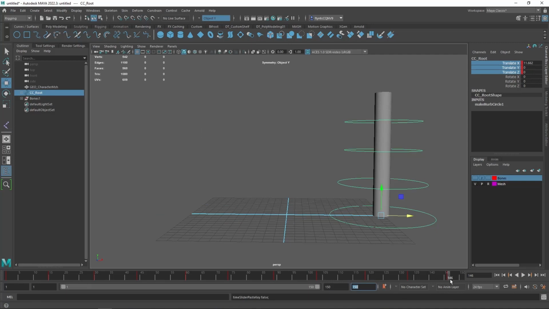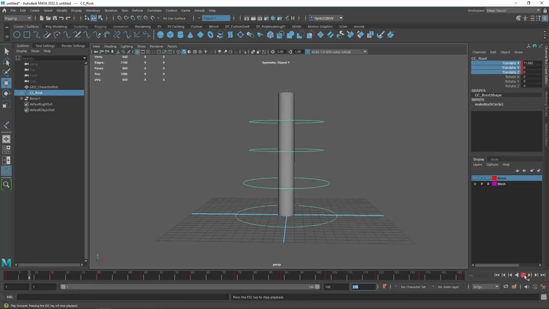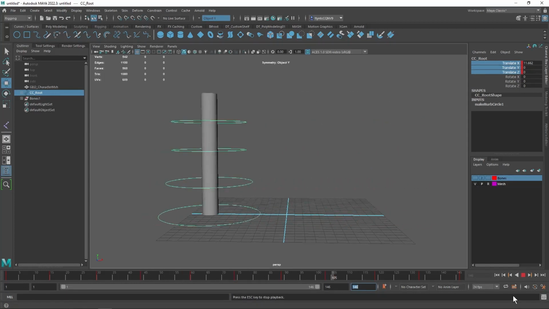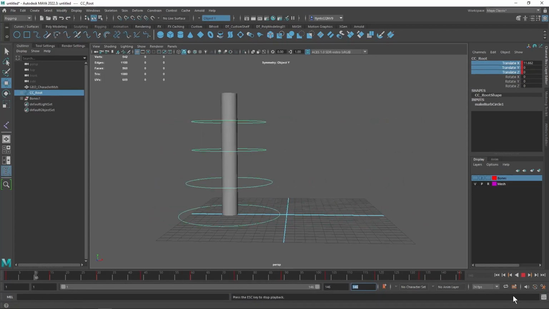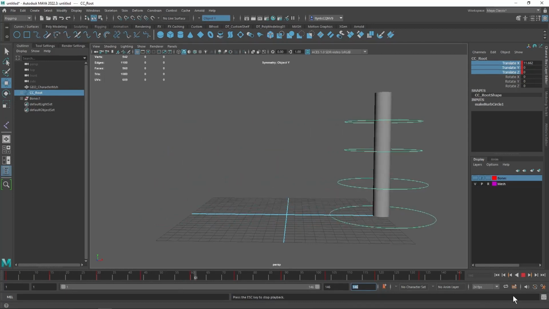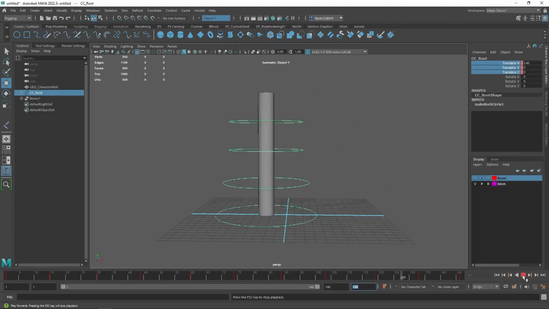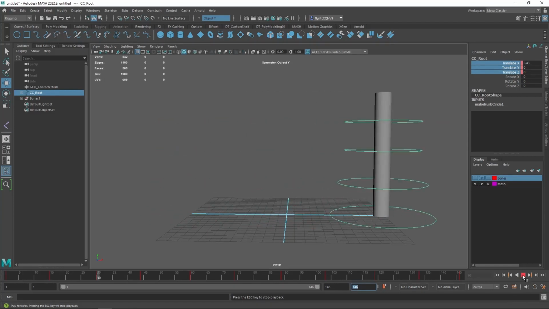And make 146 my last frame. And let's see if that is a better cycle. Yes. As long as your first frame is the same as your last frame, you'll have a nice repeating cycle that can just loop. So that looks pretty cool,